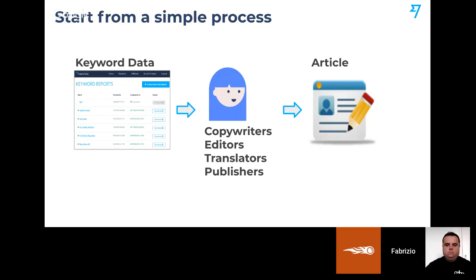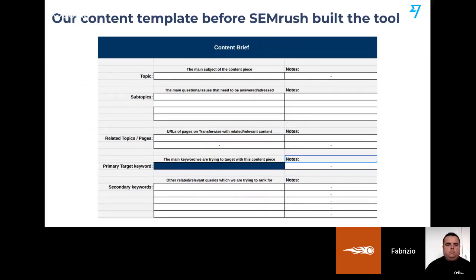come up with an article. The challenge, though, and what we started to notice from day one, is that we were not that organized. Our operation was at really small scale. And even before SEMrush built the content template, that's why it was such great news when it came, we started ourselves to put a little bit more structure into what briefs we were sending to our freelance writers. The reason is that most of the time without that, our content wasn't successful, and then we had to go back, redo it, or just put it in the bin.